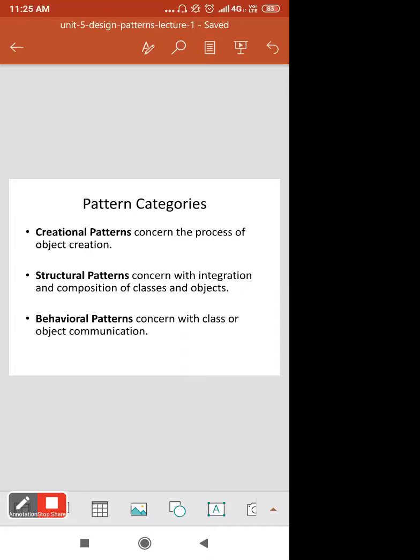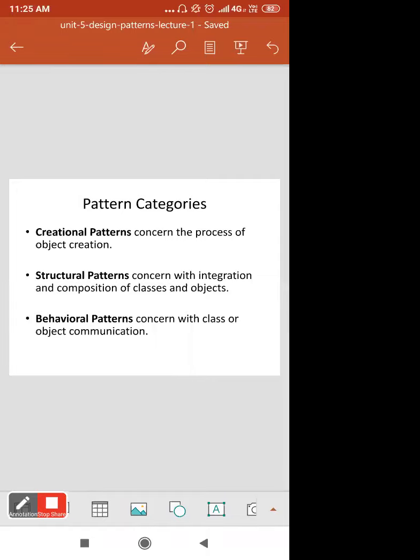So that we are going to do in the behavioral patterns. This type deals with the communication between classes and objects. So these are the main three categories of design patterns.